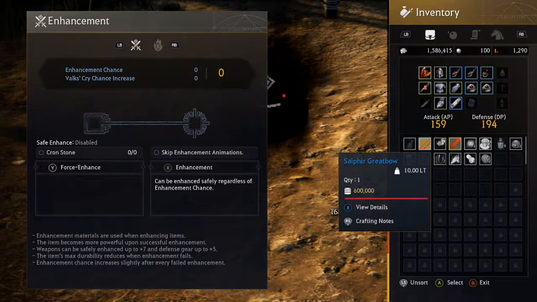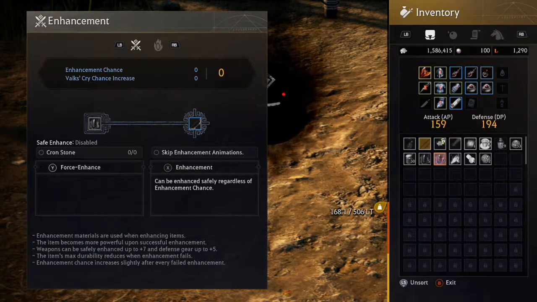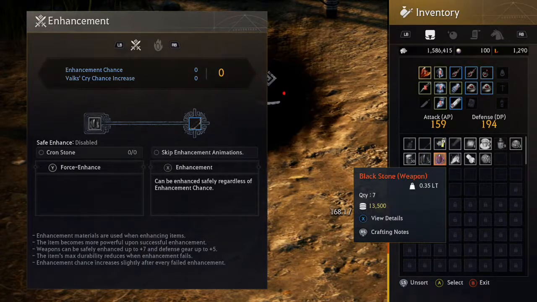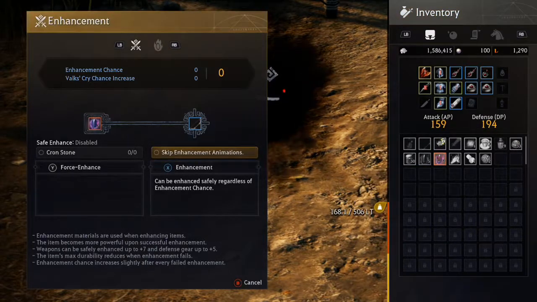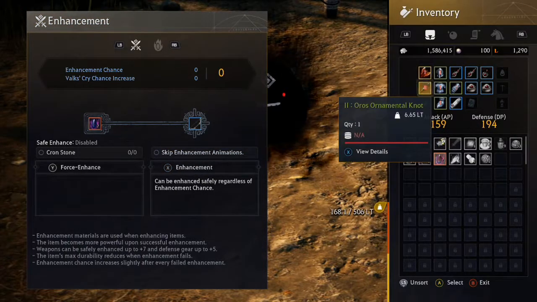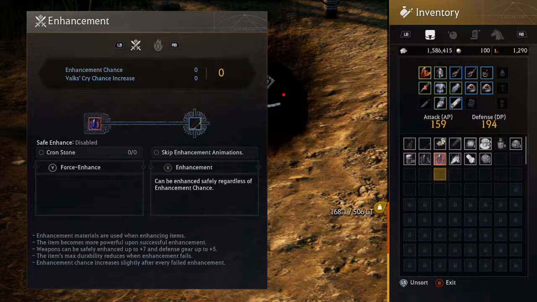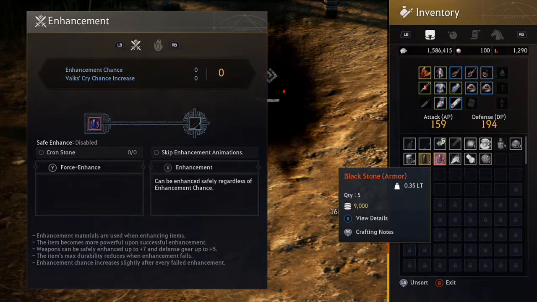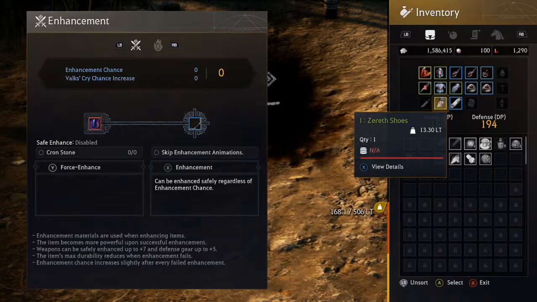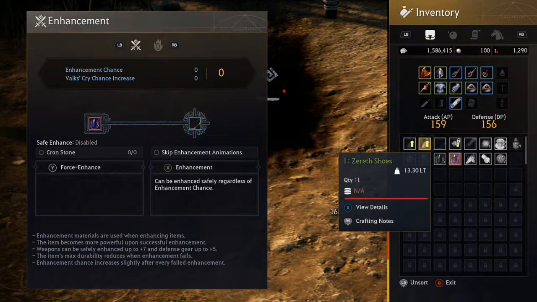Simply put, if I wanted to level up this, simply tap on that weapon, it puts it in the first tab. Then ensure that you have the correct Blackstone. If you have a weapon, you put a weapon. I picked up 2 weapons, but you would take the armor and put it in armor. From 1 to +15, you will need Blackstones normally. If you wanted to do, let's say, this armor here,